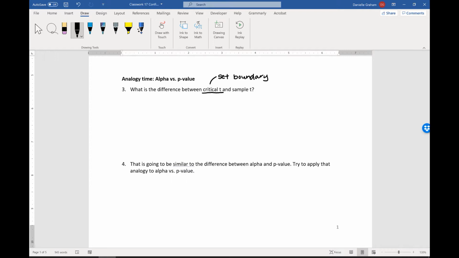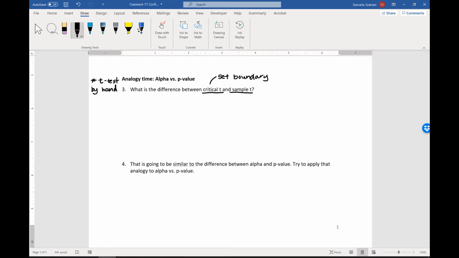And so this comparison, critical t versus sample t, let me just make a little note here that this is what we use if we're doing a t-test by hand. This is the easy way: we compare our sample t and